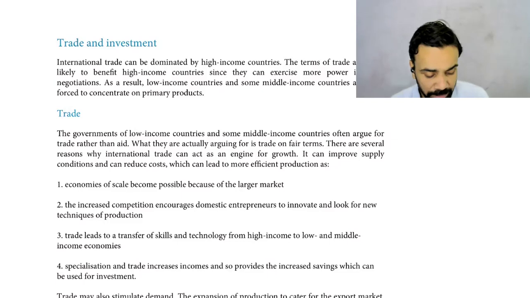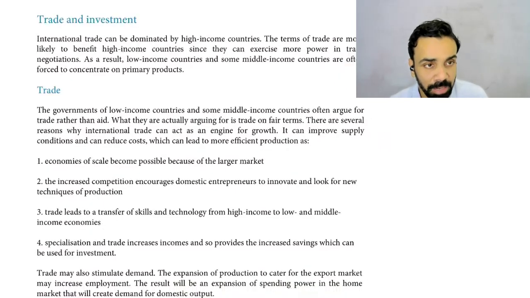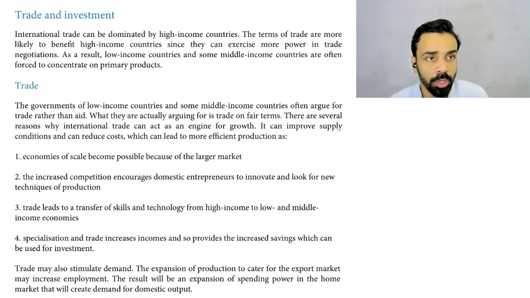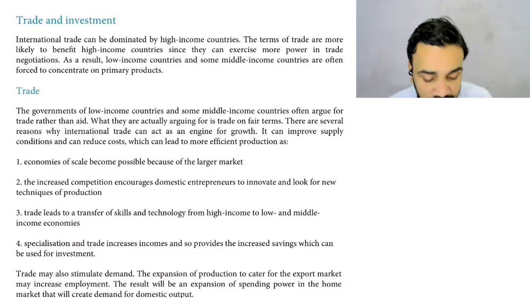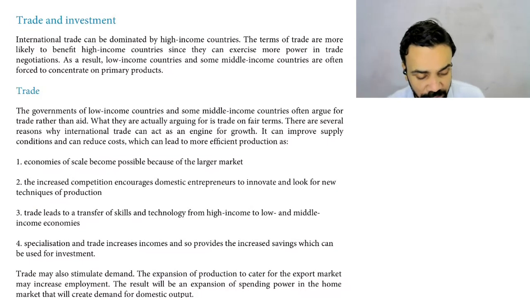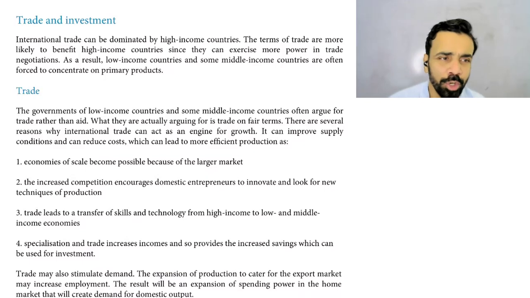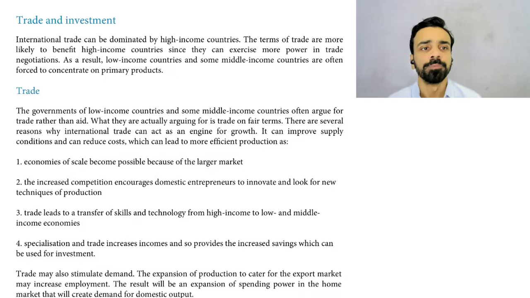फिर उसके बाद हमारे पास फर्दर डिस्कशन फिर इसके अंदर जाता है कि जो डेवलप्ड और डेवलपिंग कंट्रीज हैं उनमें और क्या डिफरेंसेस होते हैं, लो मिडिल इनकम वर्सेस हाई इनकम के अंदर, what other things we can expect to see. ऑब्वियसली ट्रेड और इन्वेस्टमेंट में we see something. अब ज्यादातर हम ये देखते हैं जो इंटरनेशनल ट्रेड होता है वो ज्यादातर डोमिनेटेड होता है हाई इनकम कंट्रीज के अंदर, और उनके टर्म्स ऑफ ट्रेड भी स्ट्रांग होते हैं।